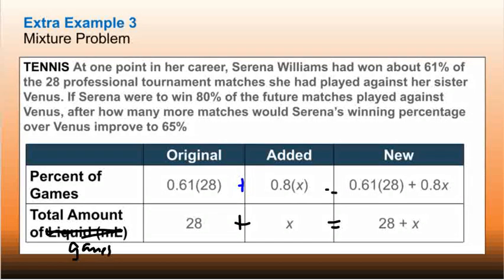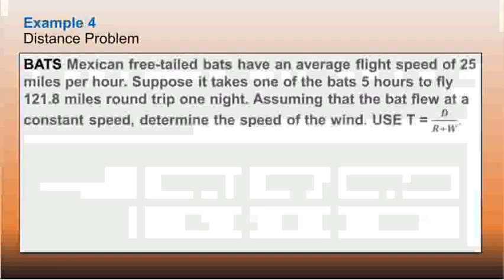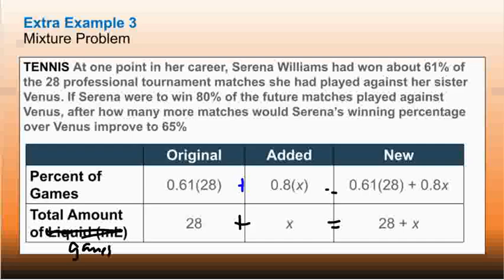Now we're going to take that. We're going to solve it on here. So on this slide, we have 0.61 times 28 gives us 17.08. So we have 17.08